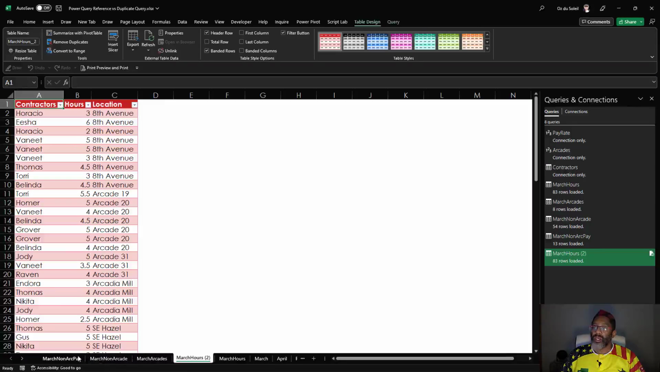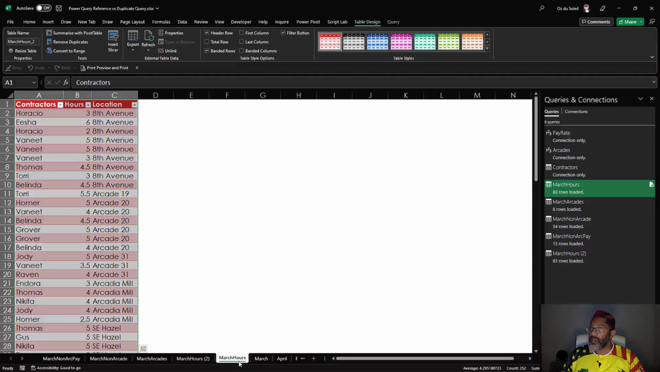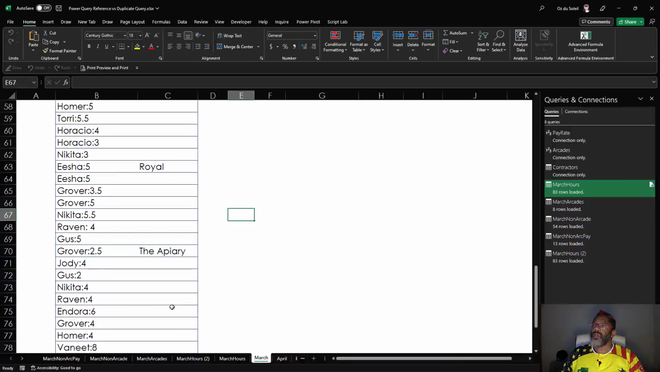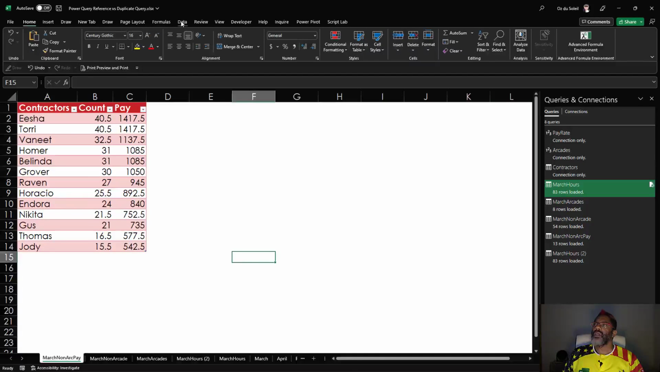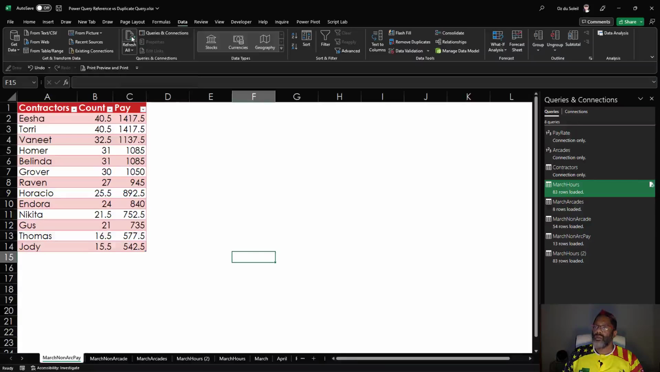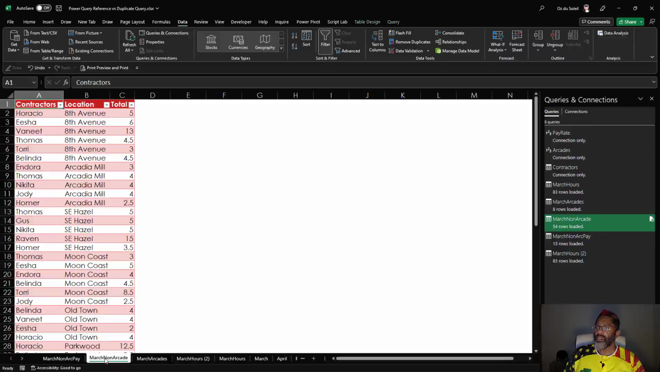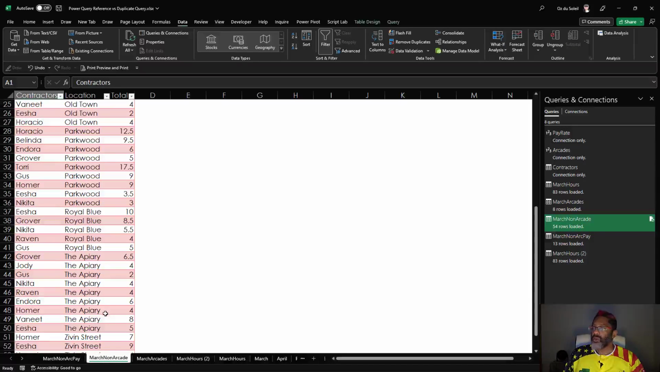So now let's say that in our source data, I'm going to make a change to it in the March. I'm going to call this Royal Blue, enter, and then, okay, let's look at data, and then I'm going to refresh. All right, so let's see, March non-arcade, this has a Royal Blue,